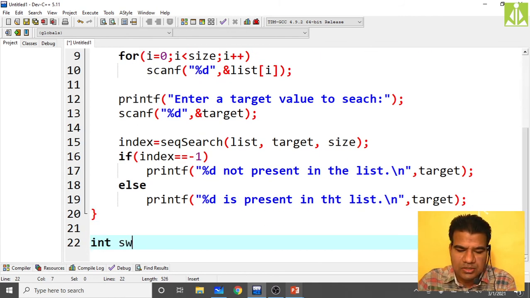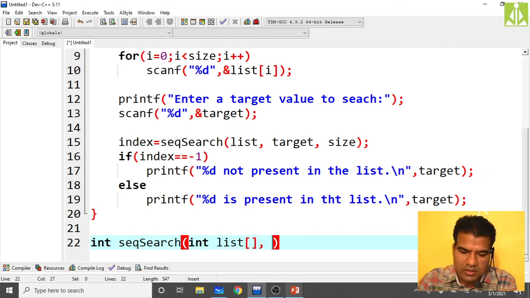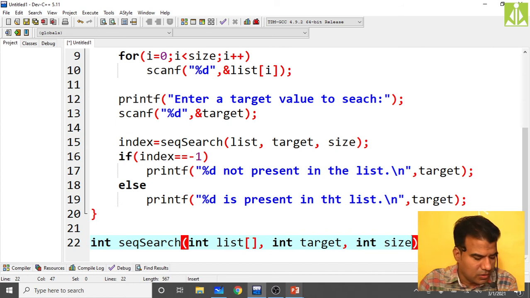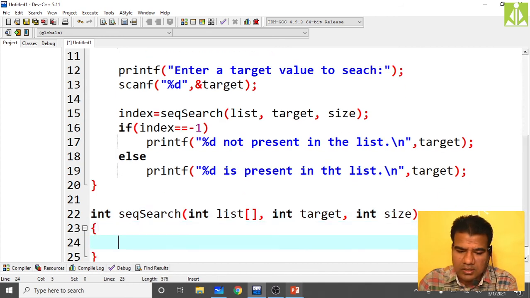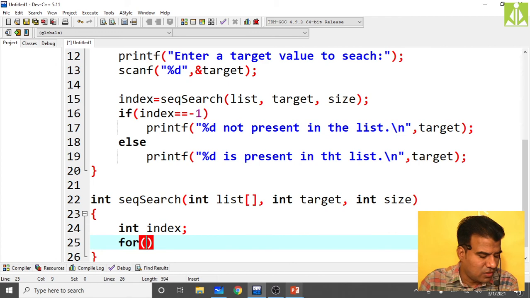So int sequential search of, read the list into list only, then the target into target only, and the size into size only. Then write that function over here, very simple. We are declaring some index because we need to return the index.